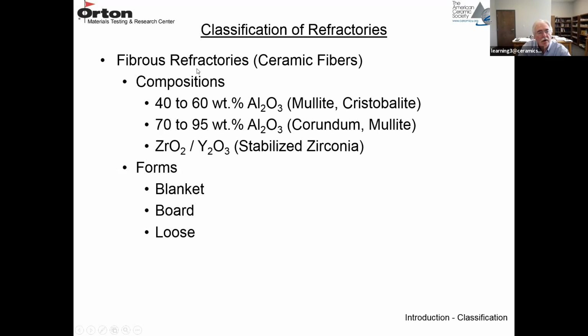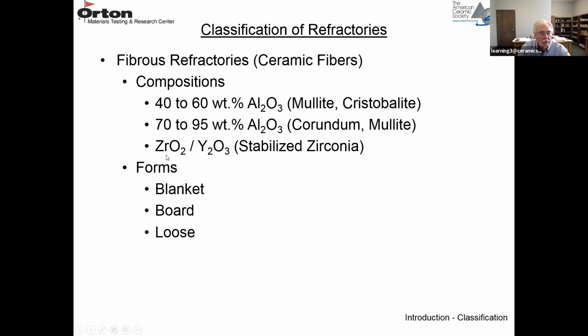The other form of refractories are the fiber form, the ceramic fibers. And these are the typical compositions. The lower grade would be 40 to 60 weight% alumina. You're going to have mullite and cristobalite as the crystalline phases. The higher alumina content, to 95 weight% alumina, will be corundum and mullite